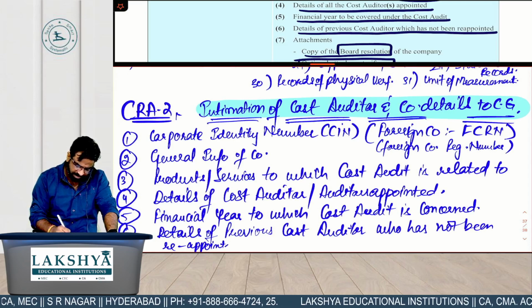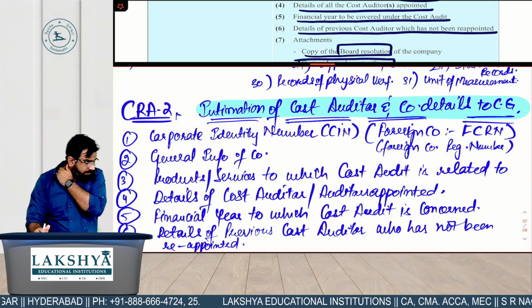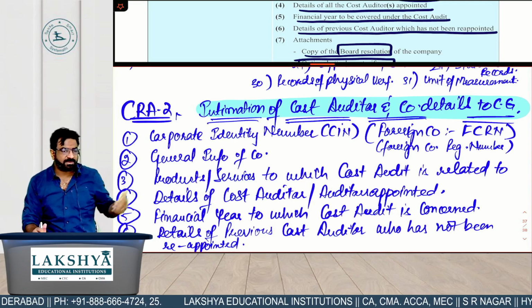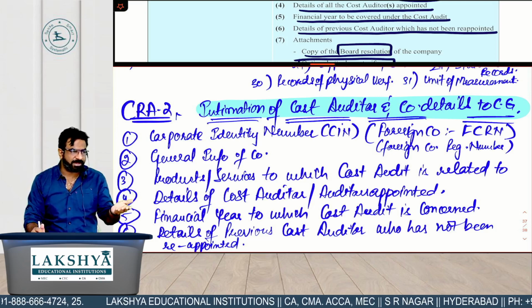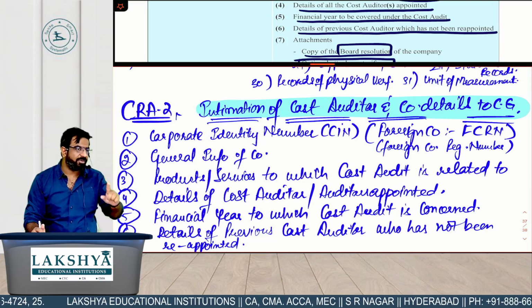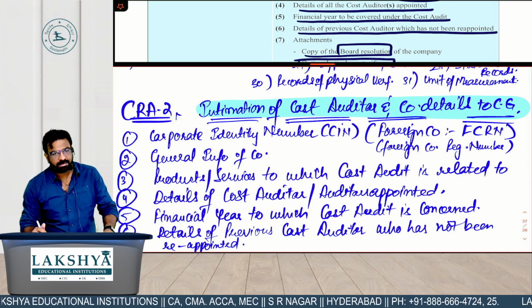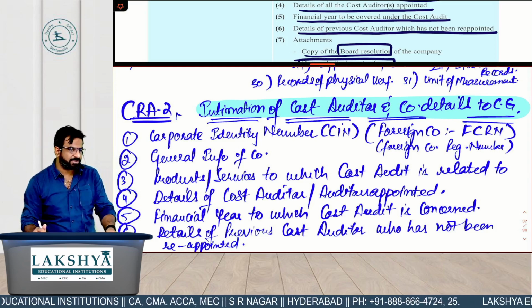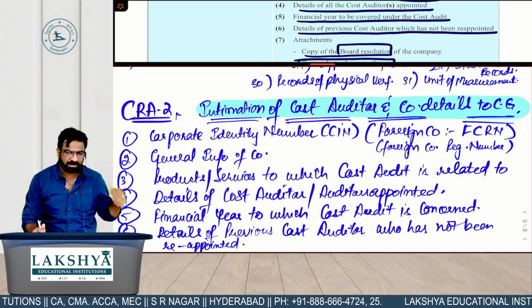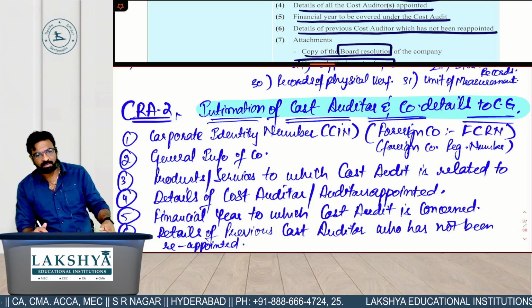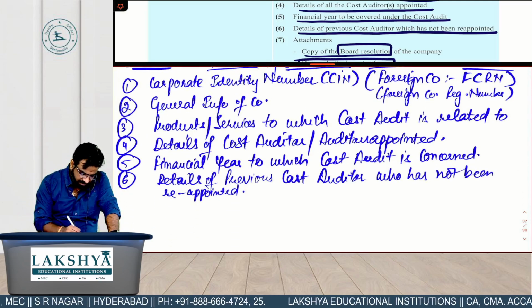And I told you the reason also. Why do we need to communicate with the previous auditor? What if the previous cost auditor is not continued by the Vizag steel plant and they appointed you as a new auditor? Why will you need to communicate with the previous auditor? So that you can understand and consider the issues and the objections which the previous auditor had. Because what has happened with him, same things may get continued with you as well. So it's better you should give the details of previous year auditor also.